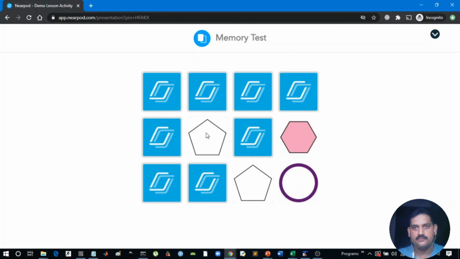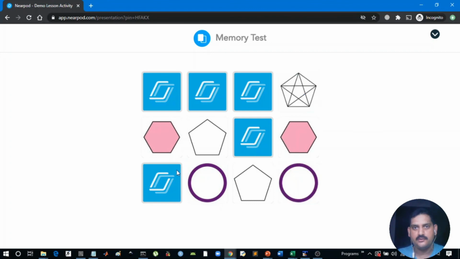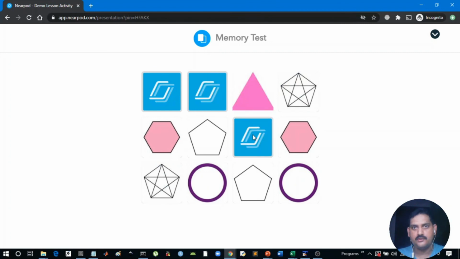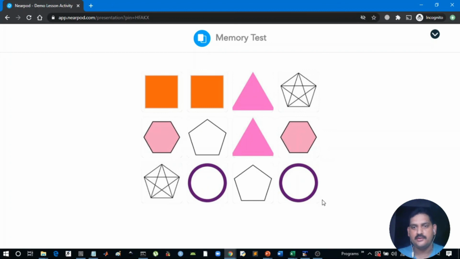This and this and this. Okay, now triangle and triangle, circle and circle. Now this and this, square and triangle, triangle, square and square. So 14 moves I required to do this. So close. This is the answer.